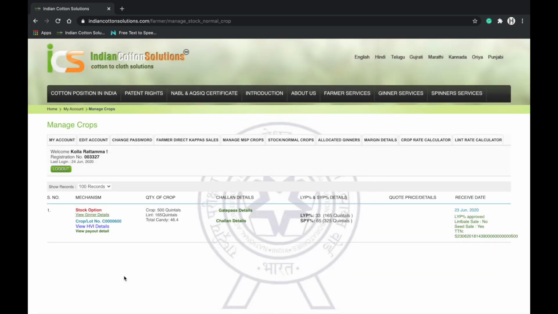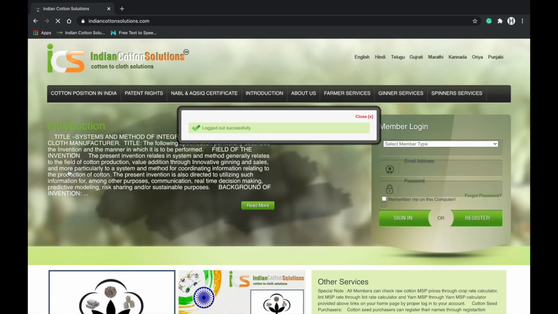Dispatching of lint bales and transferring the money is done in a period of 3 days after the receipt of crop at ginning mill. The stock option or LBAK option is most suitable to farmers in this coming season 2021, which starts from October, as the Government of India has increased MSP to 5,875 rupees per quintal from 5,550 rupees per quintal. On the contrary, the demand of cotton is not up to the mark due to the COVID-19 lockdown, and heavy stocks of last season are being carried forward. So the farmers are strongly advised to stock the lint bales, take the pledge loan against these stocks and sell